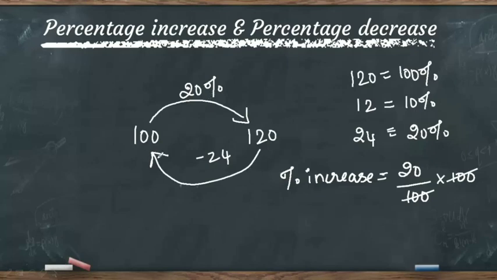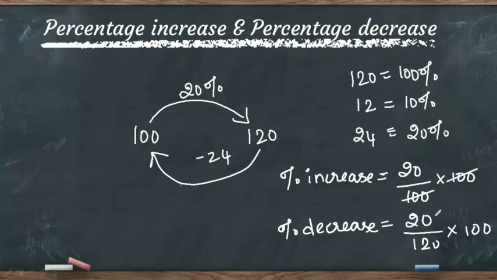From 120 to 100, how do I calculate the percentage decrease? Well, here also same methodology. From 120 to 100, what is the amount that has decreased? 20, divided by, from where it is decreasing, always from the larger number, 120. As I want to represent it in terms of percentage, multiplying it with 100. Well, 1 times of 20 and 6 times of 20. You need not just cancel 100 and 6 and all, because 1 by 6 is nothing but 16.67%.